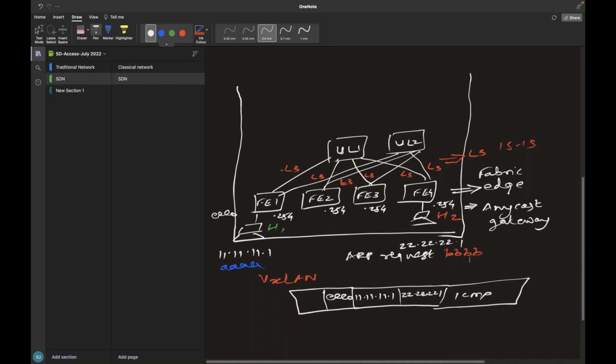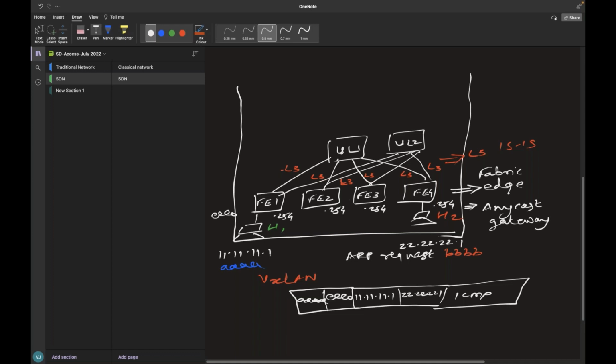All right. Now this is my source MAC address, right? The packet arrives here. Now Fabric Edge 1, because it's L3, has to reach 22.22.22.1. Fabric Edge 1 should know how to reach the destination IP address.